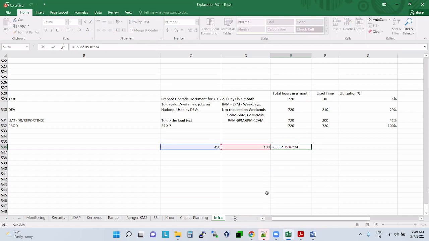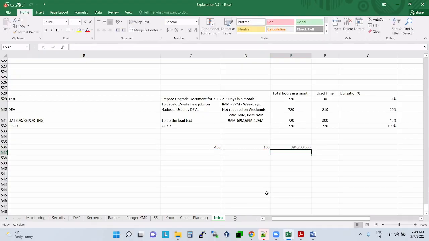If I need to use it continuously for 365 days, how much do I need to pay? Nearly 40 crores. But we discussed the initial investment, right? If I buy the same server, it hardly costs around 15 lakhs. For 100 servers, each 15 lakhs, it will cost you around 15 crores.